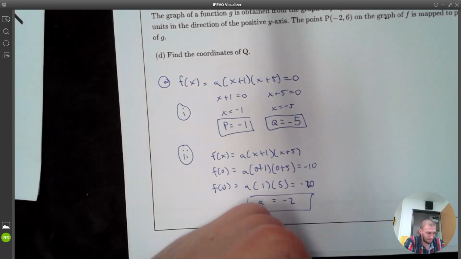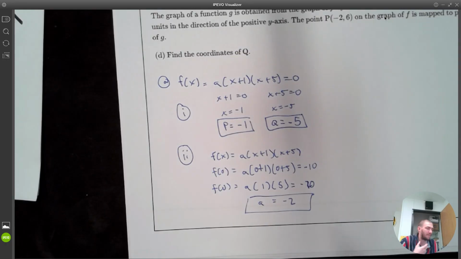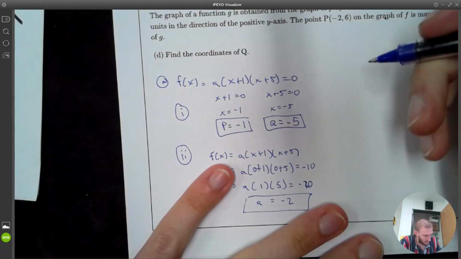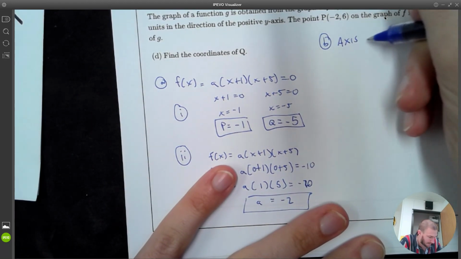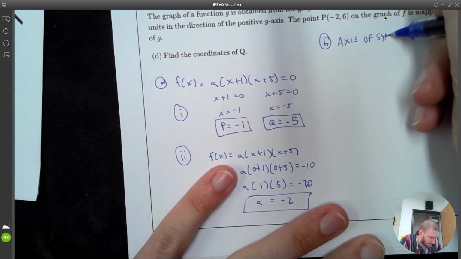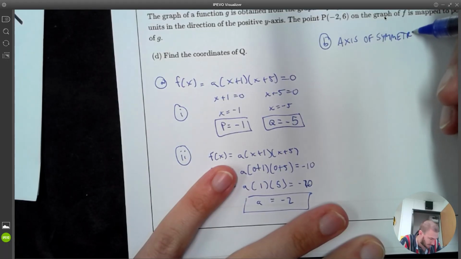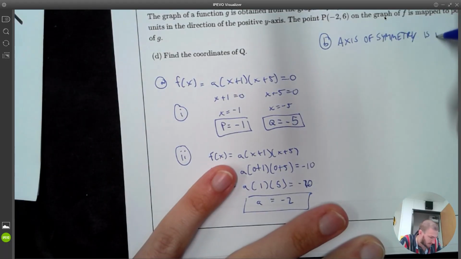I could FOIL this out and use my axis of symmetry formula. I'm probably going to do it, it's only 2 marks. I'm probably going to do it the easy and the short way here. And I'm going to say that the axis of symmetry is between